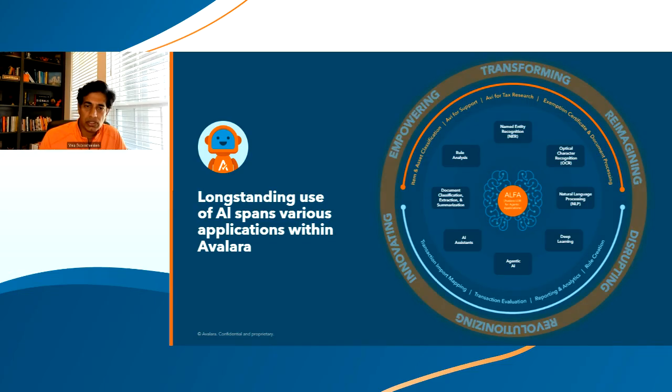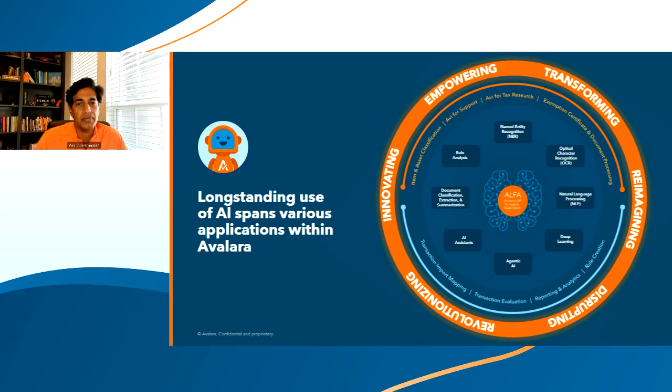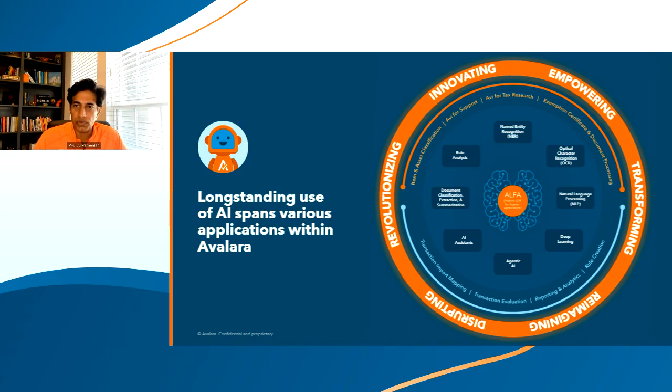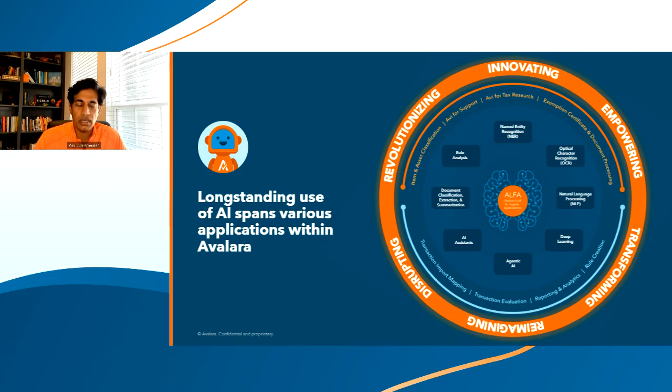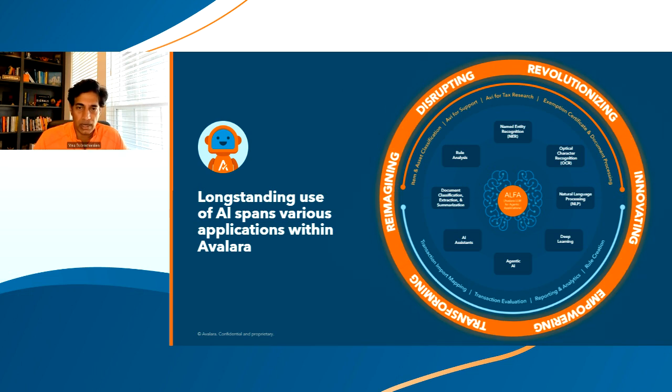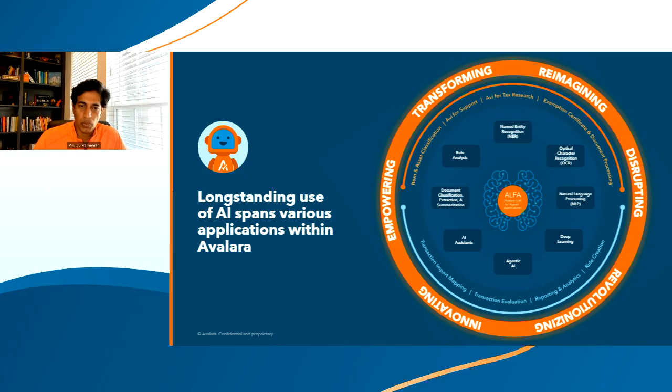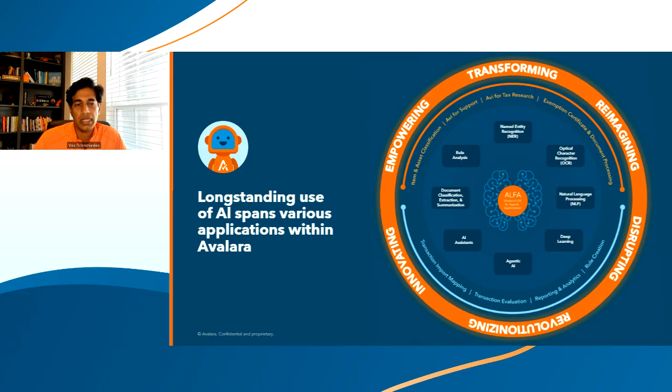So with that, there's also a history that we have. We were the first organization to be cloud first, the first set of products that were running on the cloud. And similarly, the use of AI within Avalara has been around for quite some time. As AI capabilities improved, we continue to keep up with it, but we at least have 8 years to a decade of experience with various AI.